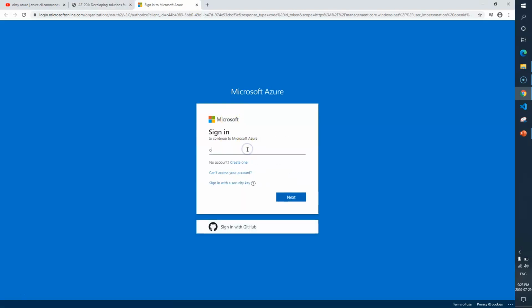I'll just need to put my ID and password. John.azure01. Hopefully I'm putting the right one.